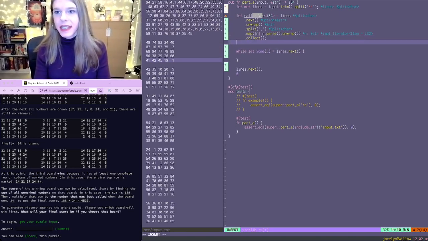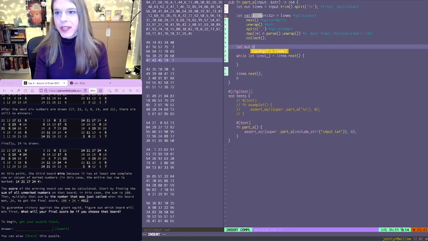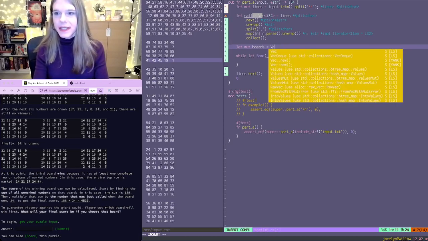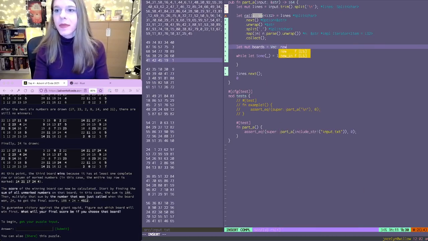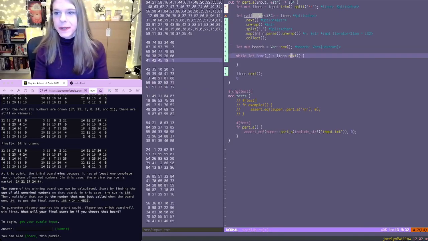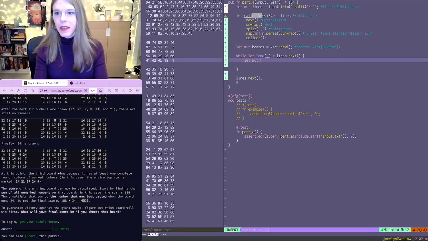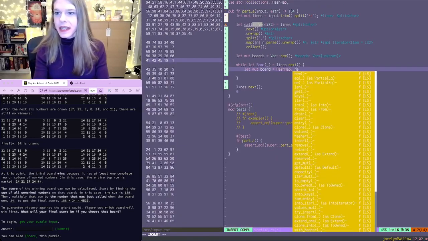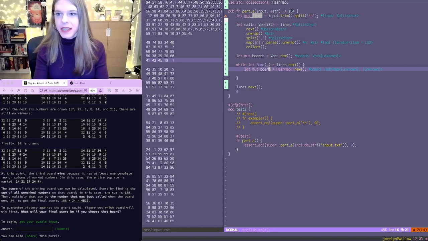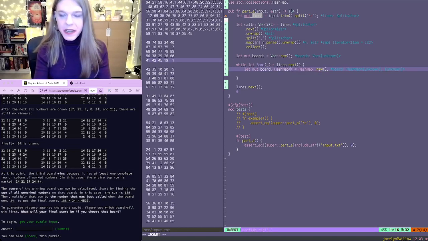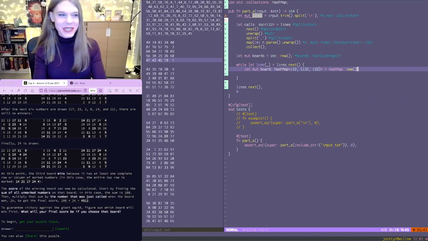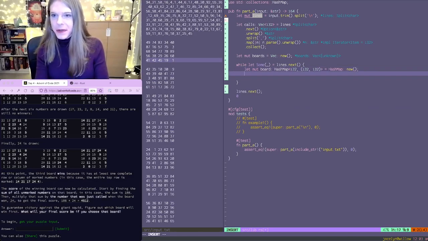So the bingo boards, we'll just call them boards, will be a vector, and it's going to be a vector of hash maps. So the board is a hash map, and that's a hash map from number to position. We have to make sure we have our coordinate system the same. But anyway,